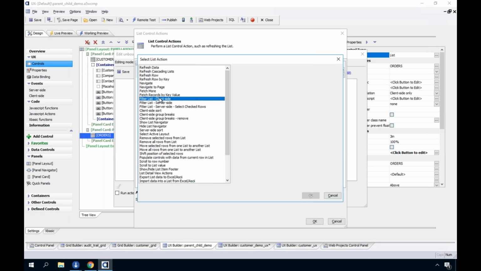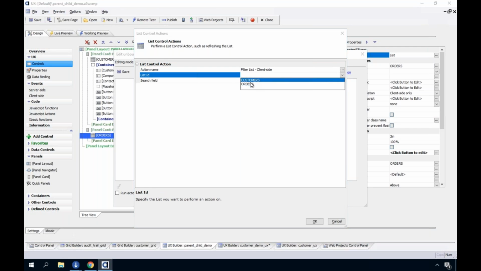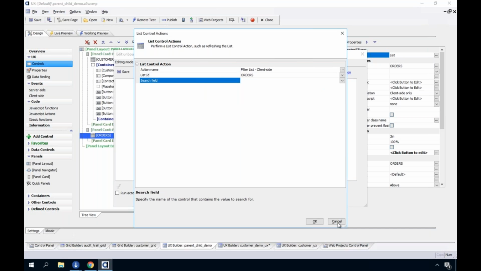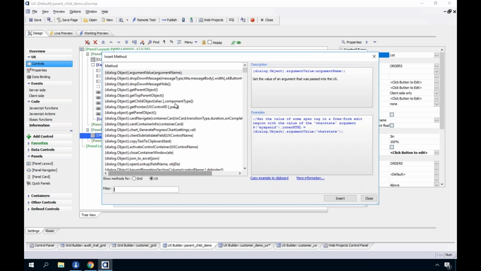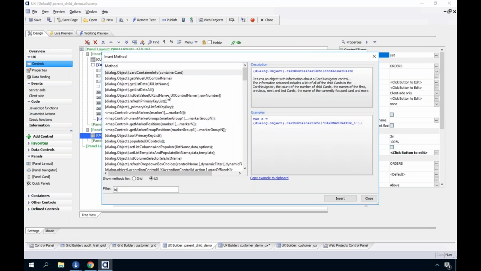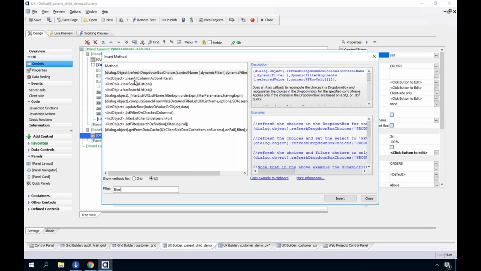Okay, filter, list ID, orders. But see, this is doing a filter here. So actually the other method I use, sorry about that, is that you can go into here and use a built-in JavaScript command. So I'll go ahead and filter. And so we can say list object